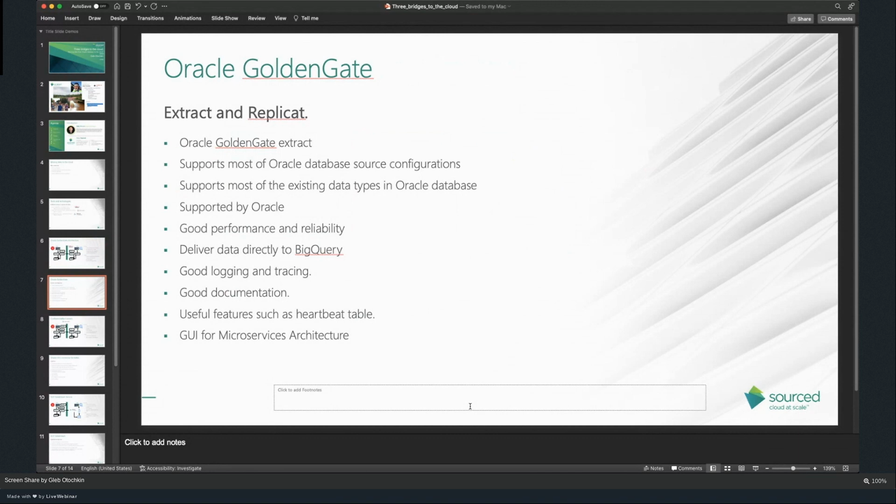That's from my experience. It is supported by Oracle itself, and that is good and bad. In my opinion, first, it is good because it is a single vendor for support. It is enterprise support with tickets and proper reaction.